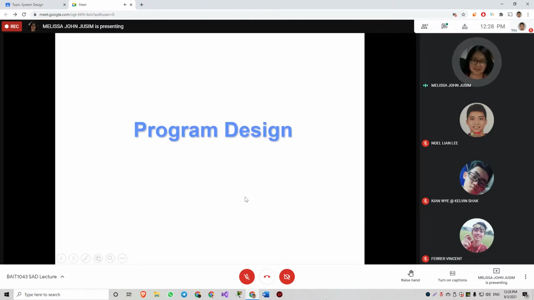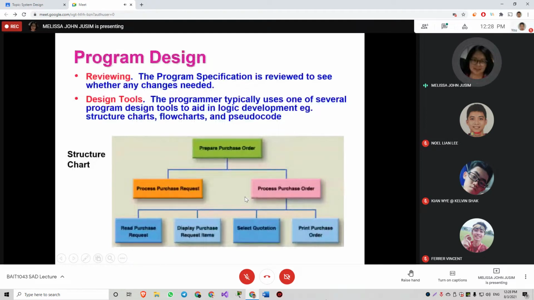For the program design, we have seen this. An example is the structure chart. For your case study, you need to come up with your FDD, functional decomposition diagram, which is based on your GFT. Say if you have a process called prepare purchase order, then it can be broken down into two submodules.